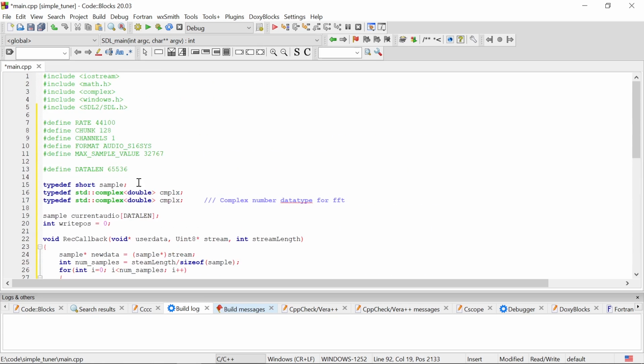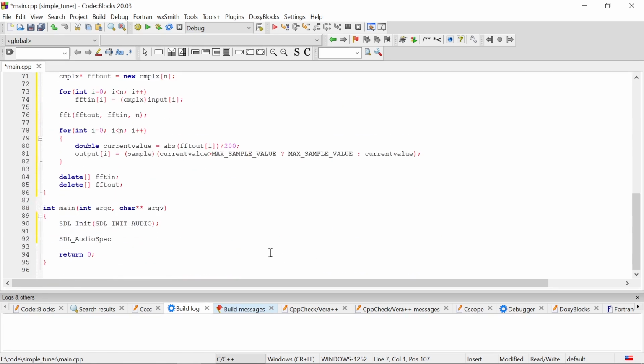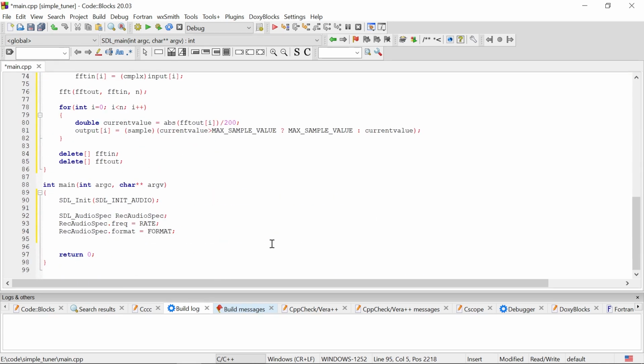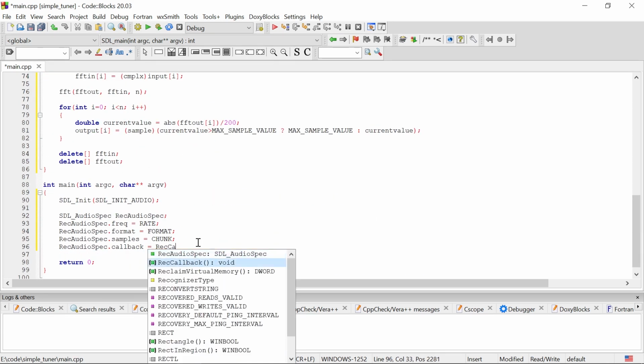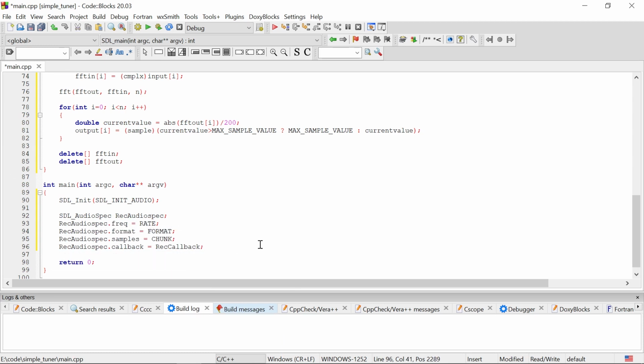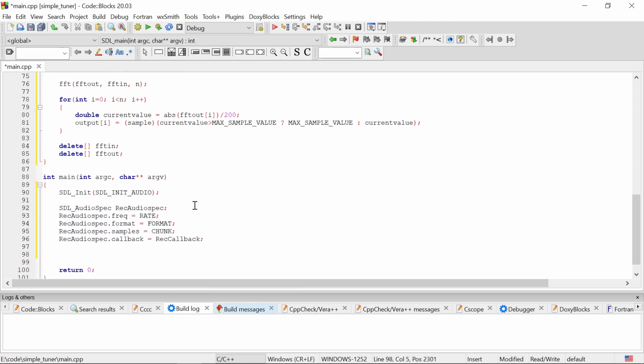So all of these variables that we defined up here, we're going to store all of these in this audio spec object, which I'm going to call rec audio spec. And so I'll go ahead and do that. Okay, so now we have this rec audio spec